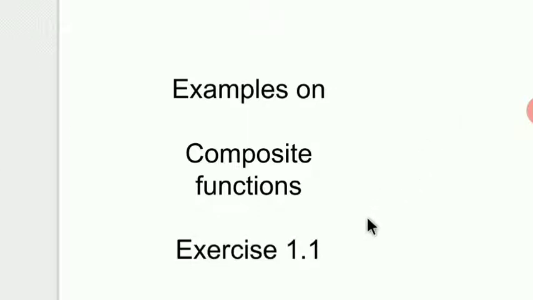So we solve some examples in exercise number 1.1. Our first example is: differentiate with respect to x, (x cube minus 2x minus 1) bracket raised to 5. Now we can solve this example by two methods. The first method is by applying the derivative for composite function, and the second method is to directly apply the formula that we saw in the last period. First we see method 1.